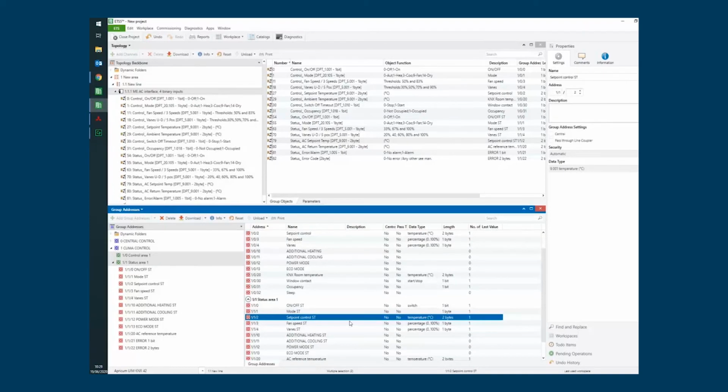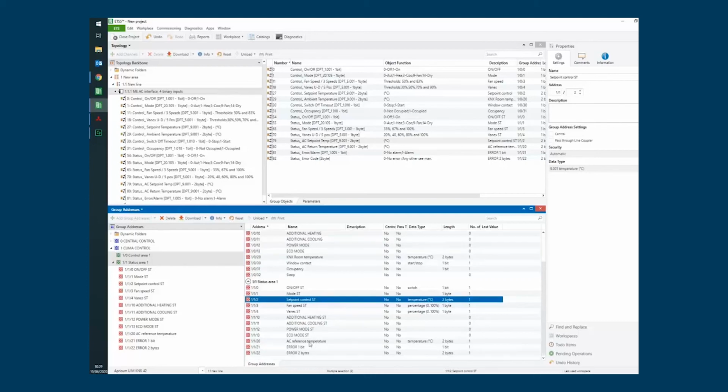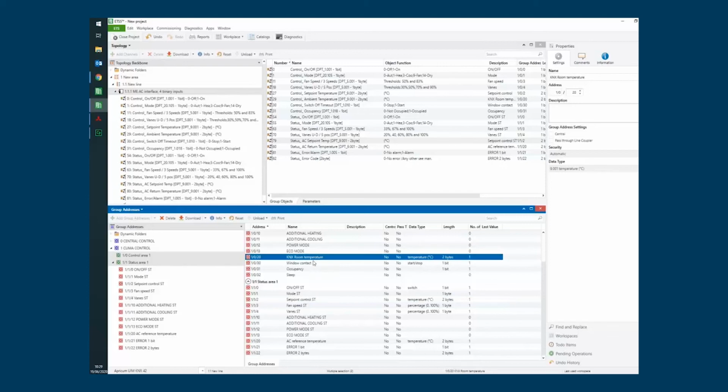The reason is that we are using an ambient temperature from KNX in this other address, and as it's not possible to write this value on the return value that the AC unit is using,